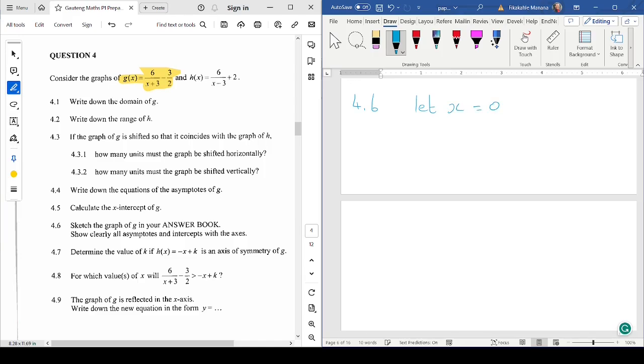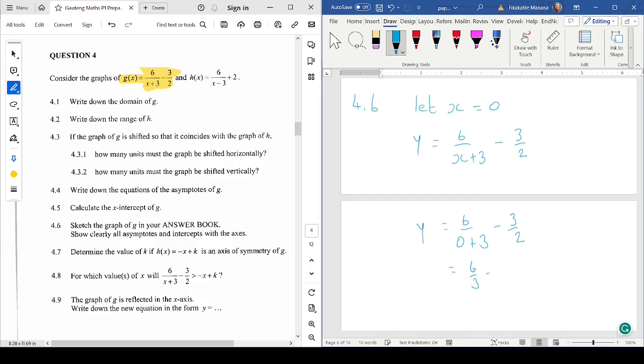We go back to the equation. It's y = 6/(x + 3) - 3/2. This time we said let x equal 0, so it's 0 + 3 - 3/2, and then we get